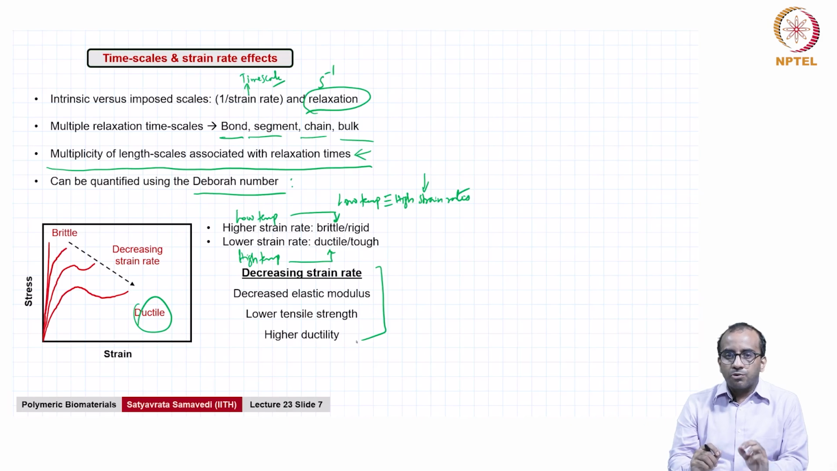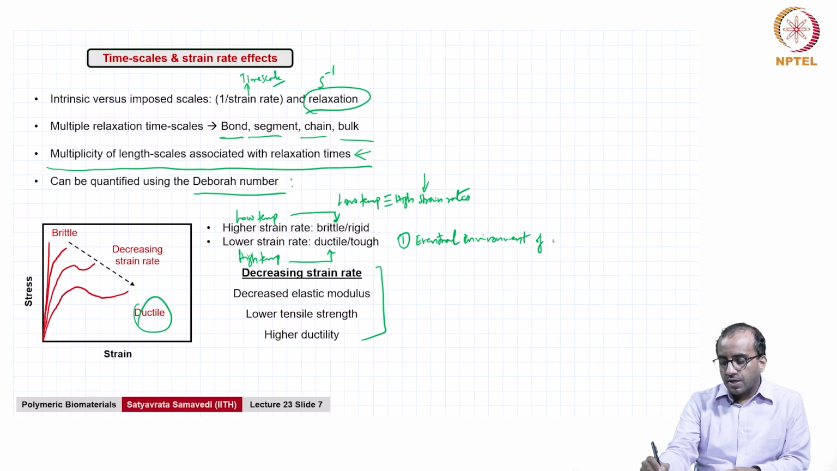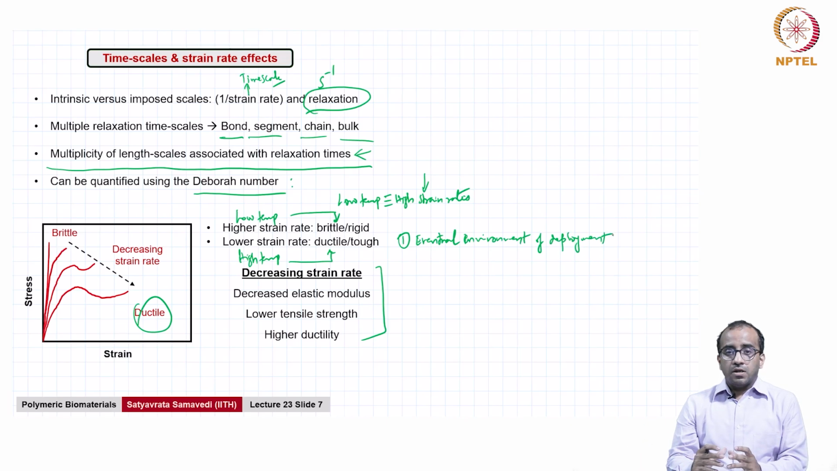It is very, very important to keep in mind two things. The first thing is, what is the eventual environment of deployment. So, where is this material going to be used? What is the temperature in that region? What is the pH? What kind of mechanical forces will this material be subject to in that portion of the body or in that region of the body? That's the first thing. All of that has to be accounted for when you test the